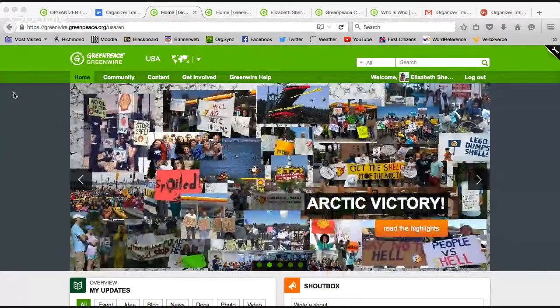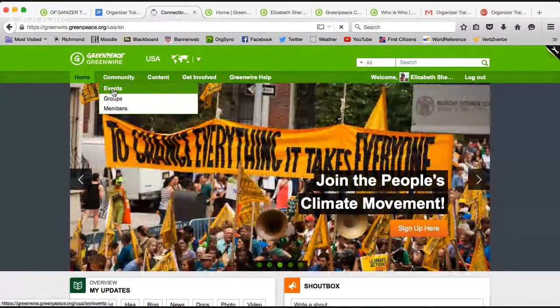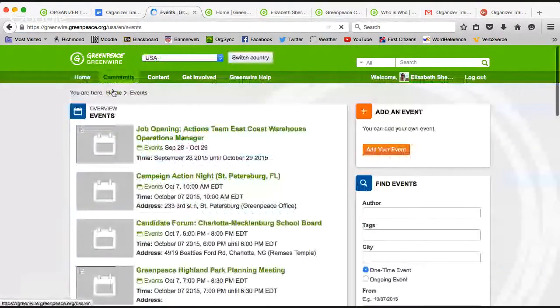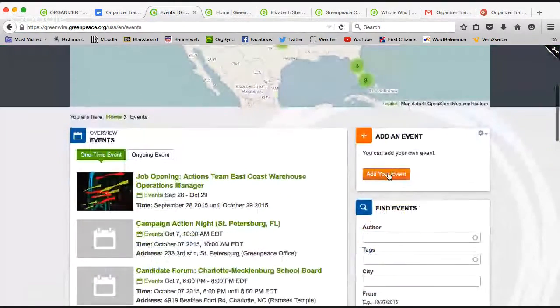Okay, great. So we're on the homepage of Greenwire, and you're going to click on Community and then Events. And wait patiently for it to load. And then you're just going to click this orange Add Your Event button here.